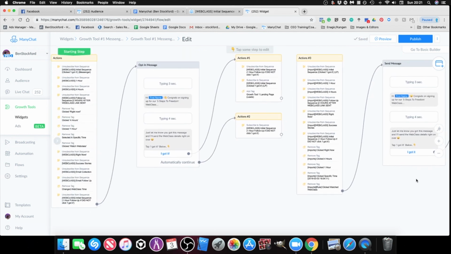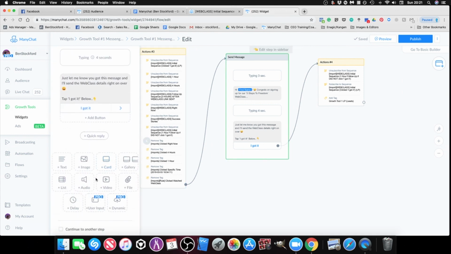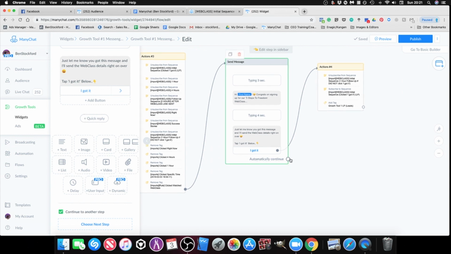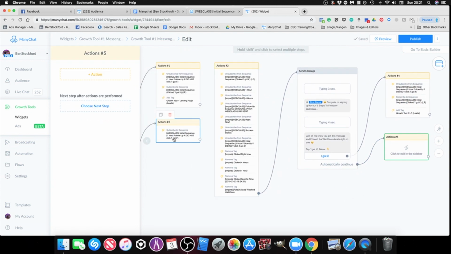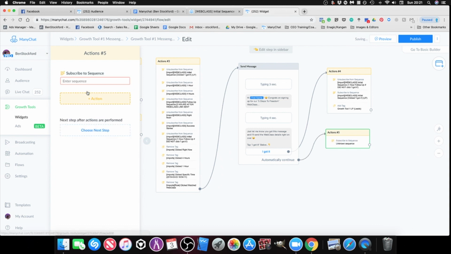So now you want to click back onto the message, and you need to automatically continue it. So continue to another step at the bottom, click that, make sure it's ticked. It'll bring up this automatic continue. Drag the circle, and we want to perform another action, and we want to send them the 1 hour follow up because they haven't responded to us. We want to basically give them a bit of a nudge